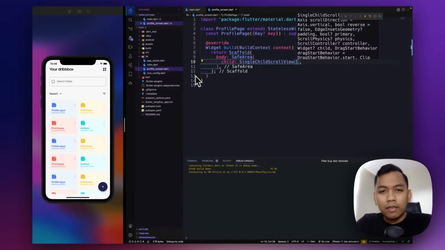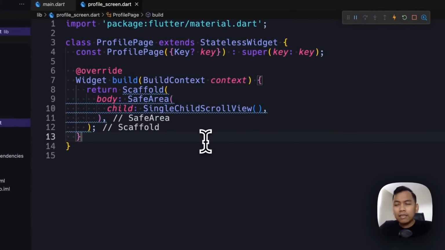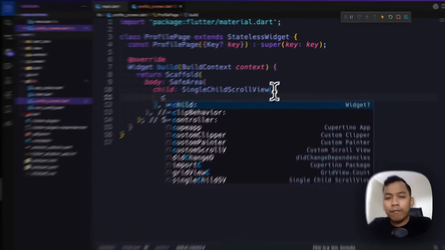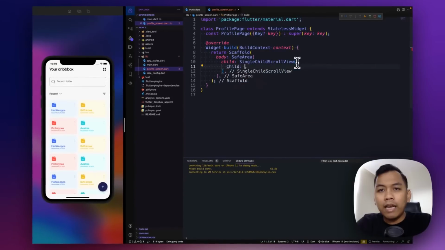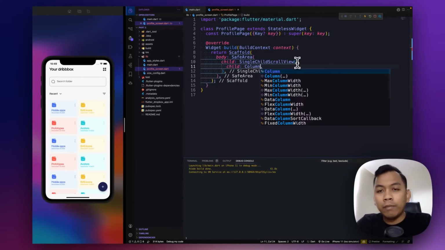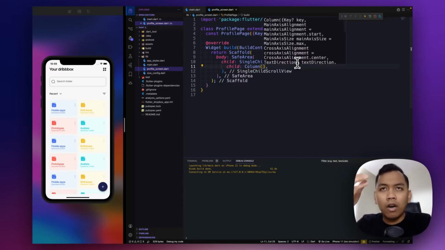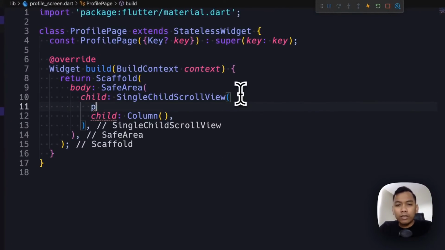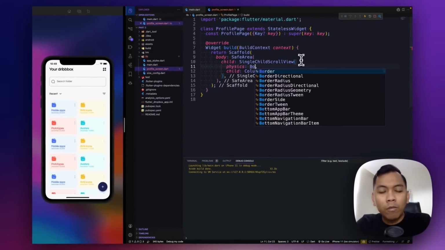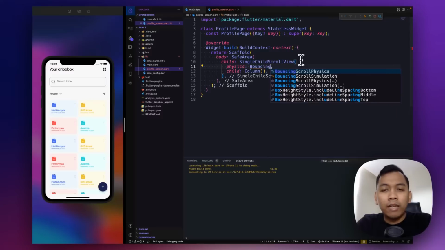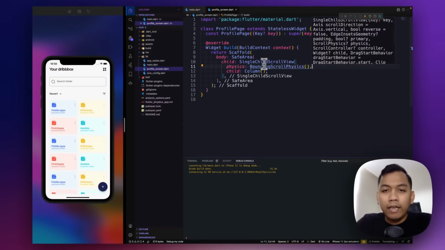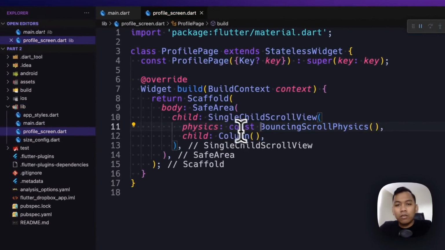So we can use SingleChildScrollView, and it will have a child, and the child will be a Column widget, because as I said before, our widgets will be from top to bottom. And here, don't forget to set the physics, but this is optional. Because I love the bouncing effect, I use BouncingScrollPhysics, and it's preferable to use const here.